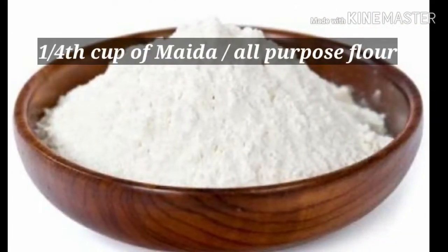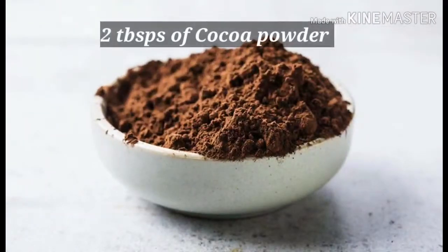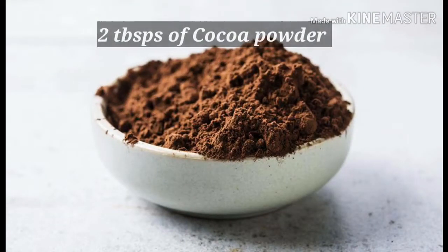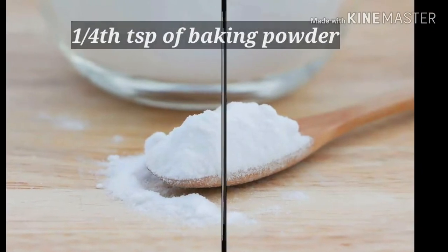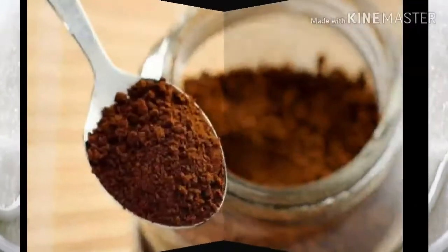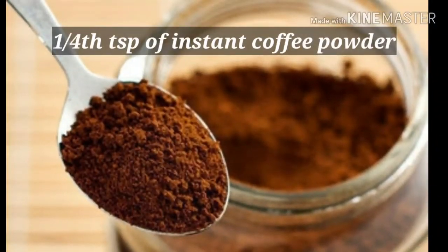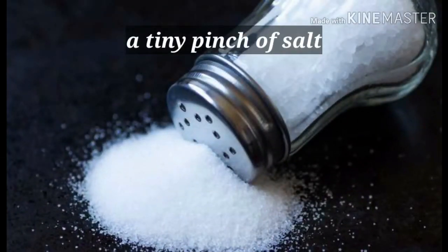A quarter cup of maida, 2 tablespoons of cocoa powder, a quarter teaspoon of baking powder, 3 tablespoons of sugar, you can add 4 if you like it sweet, a quarter teaspoon of instant coffee powder, a tiny pinch of salt,